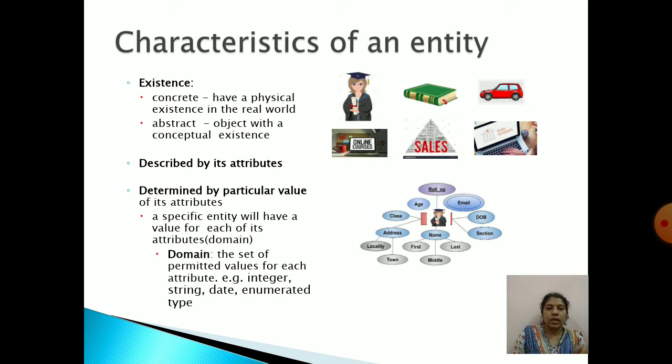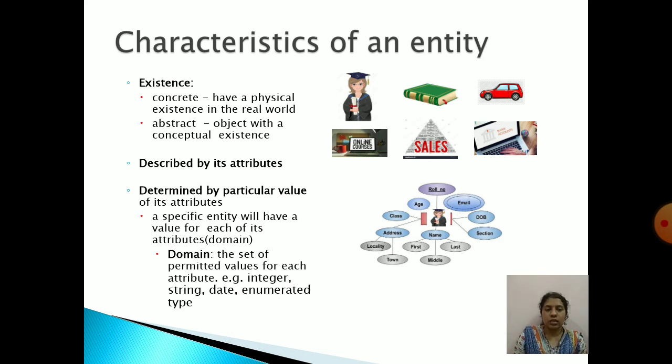So entities are determined by particular values of their attributes. And what values can an attribute have? It can have a set of permitted values, and this set of permitted values is called a domain. So domain means a set of permitted or allowed values for each attribute.